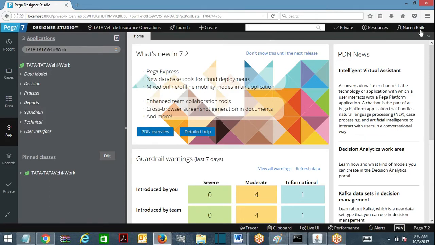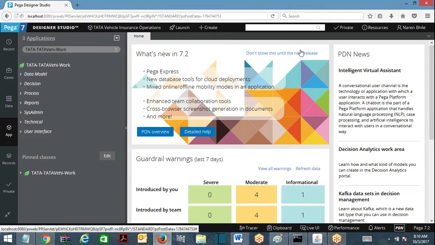So look here, whenever you log into PRPC using an operator ID and password, your login details are going to be verified, to check whether your operator exists in the system or not. It has to verify. Where will it verify? It should be there in the database, in some XYZ table. Previously we have created an operator. We opened the existing operator and used save as to create a new operator. Any time you create an operator, PRPC makes an entry into one of the tables related to operator.